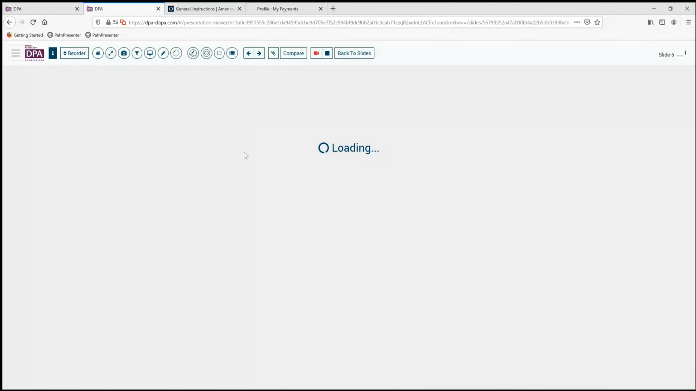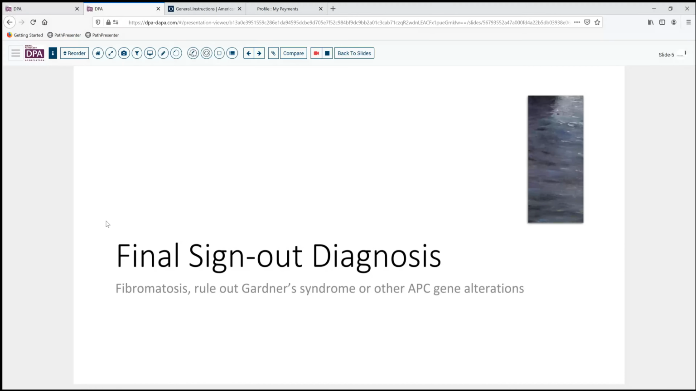So that's a nice tour through our case and the differential diagnosis. Our final sign out is fibromatosis of the bowel mesentery, and we'd like to ensure that they do further evaluation for Gardner syndrome or familial adenomatous polyposis or other APC gene related lesions in this fairly young woman